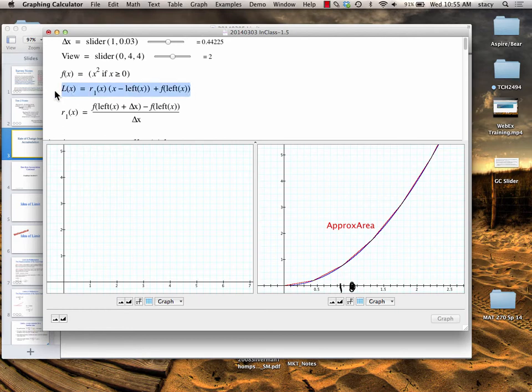Okay, so let's think about this. This L of x equation that I've highlighted describes the piecewise linear function that is in red right now, okay? And so how does that one line encode a whole bunch of pieces? And why don't we need the summation notation? So the thing to remember is, what does everything mean? First of all, we're starting with